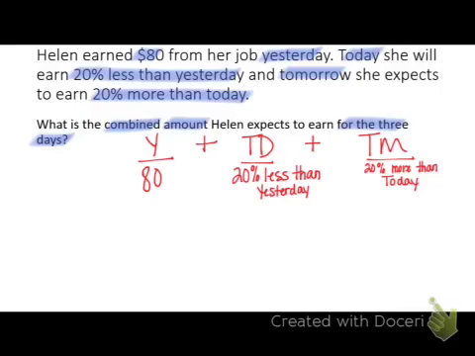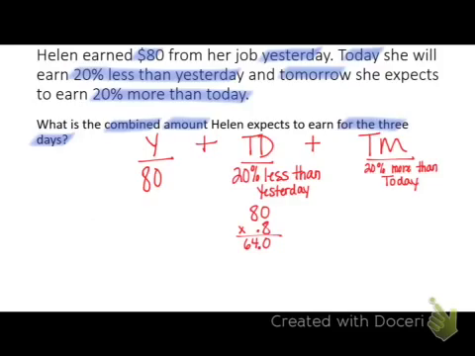So the problem states that yesterday she earned $80. We don't have to do any work to figure that out. But today, she's earning 20% less than yesterday, which means overall she's going to make 80% of what she made yesterday. Again, if she's making 20% less, then she is going to make 80%. 8 times 0 is 0, and 8 times 8 is 64. Because we have one number behind the decimal, we can see that this is $64 that she is going to